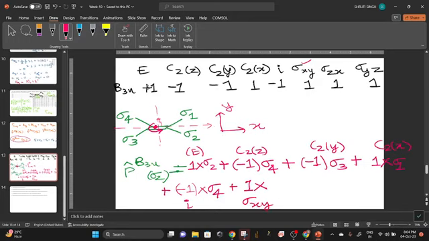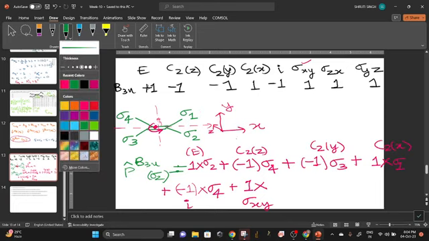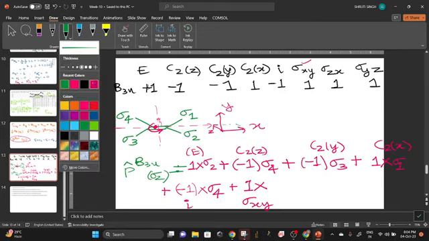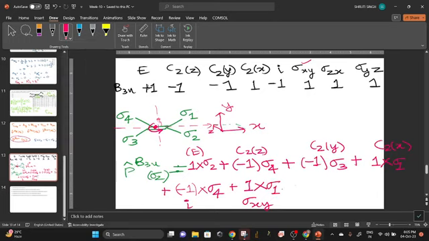Now this one, sigma xy, the character is 1. So the original xy plane, suppose, same, sigma 2. So the xy plane will be like this plane. So sigma 2 will become sigma 1, because this is the xy plane. Can you see? I have drawn it here. This kind of plane. If you put a plane here, it will reflect these two, right? Yeah. Sigma 2 will become sigma 1.